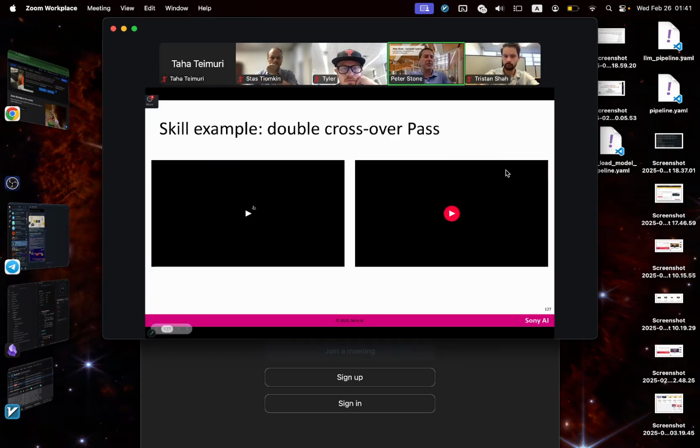So basically, it's not taking the optimal line on an empty track, but rather picking a line that would make it hard to pass. And then here's, I think, my favorite skill. It's the double crossover pass. So on the left, you'll see the real cars. On the right, you'll see an animation. And you'll see that GT Sophie, 2 of the cars, let themselves get into a position where they're behind the human drivers coming into a corner, but they've learned to be able to take a line that we